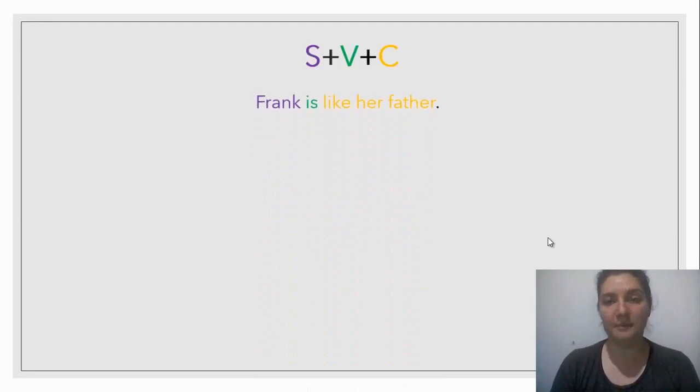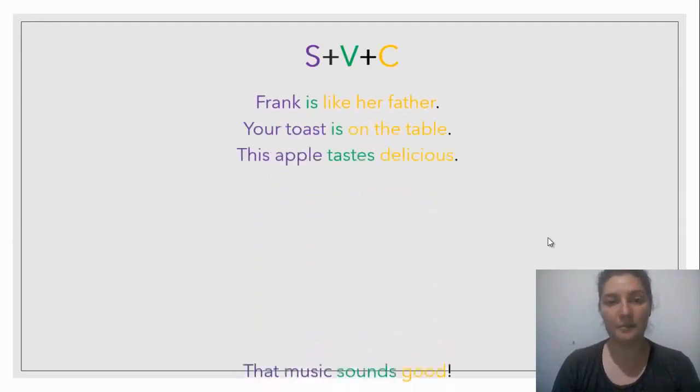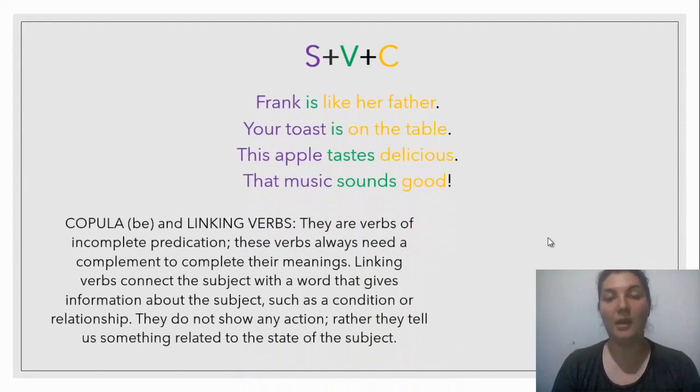Here are some examples of that. And as you can see here, this pattern uses a verb that is called a copular verb if it's the verb be in different forms or different time tenses, or linking verbs, which are verbs that are related to be. They are not copular verbs, but they are verbs which behave like verb be. These are also called verbs of incomplete predication, and they always need a complement to complete the information of the